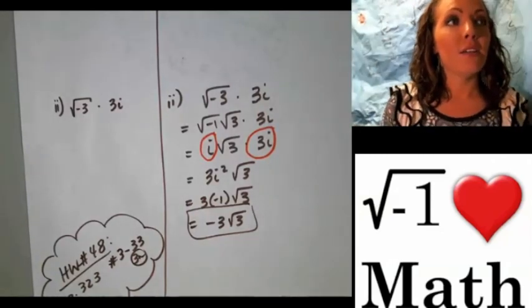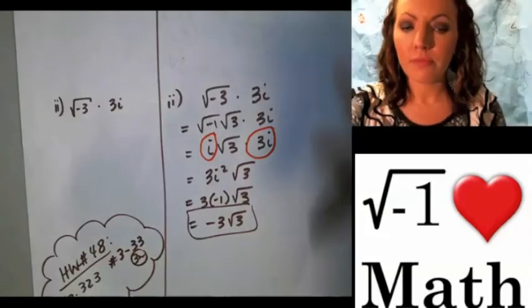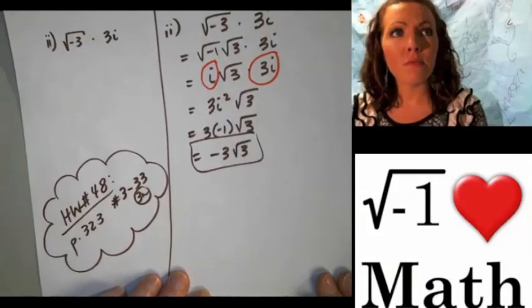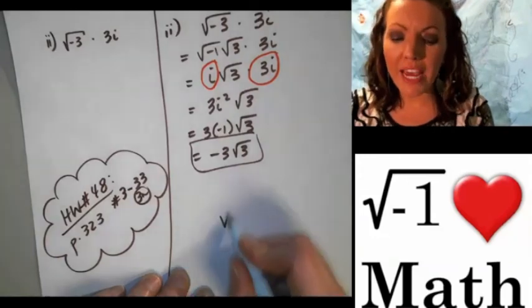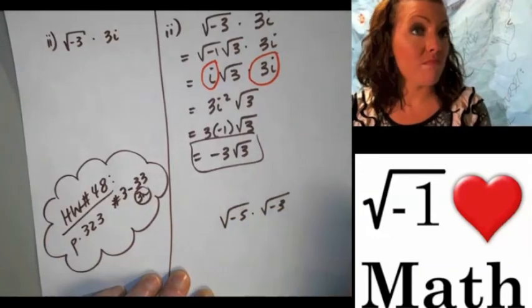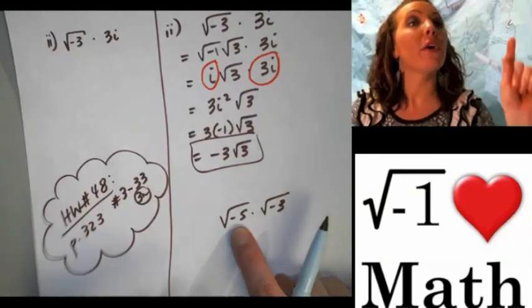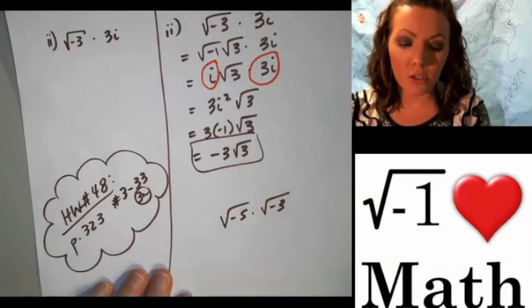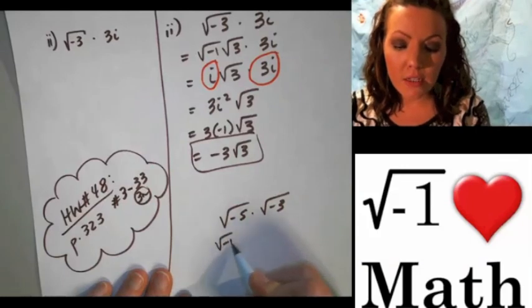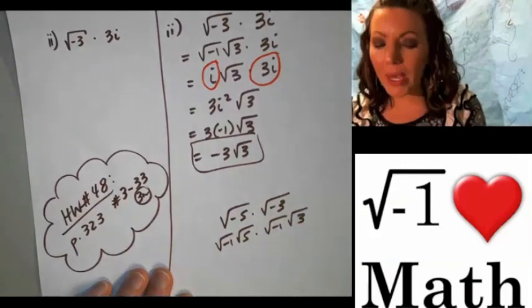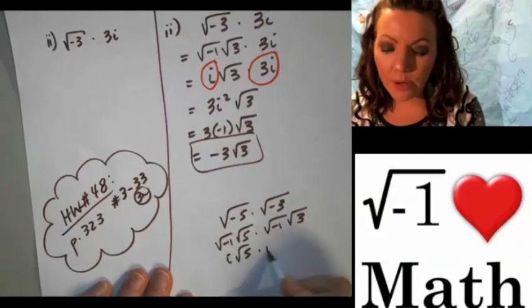Yes, Shuggy. So the square root of negative 5 times the square root of negative 3? Yeah. Okay, you have to rewrite these. The very first thing is get the negatives out of the radicals. So this is like this. So we have i root 5 times i root 3. Then,